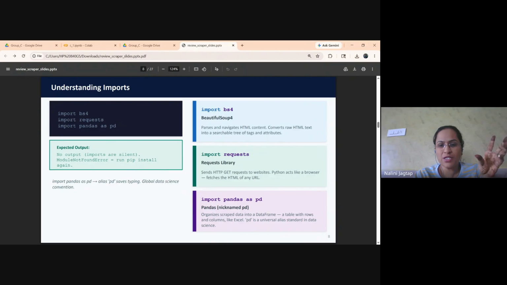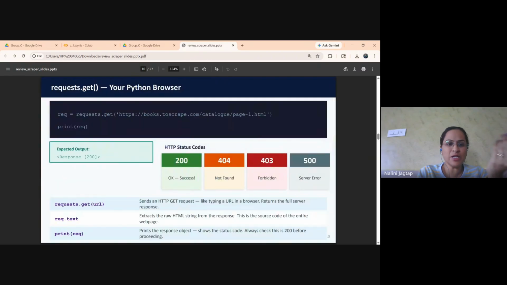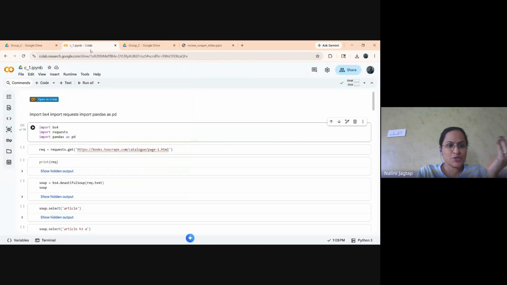And then we have import pandas as pd. Pandas is very familiar to us. It organizes scraped data into a data frame, a table with rows and columns like Excel. And pd, as we know, is the alias for pandas. So these are all the libraries which we will be using, and then we will be fetching the data of the web page. So, going back to this,